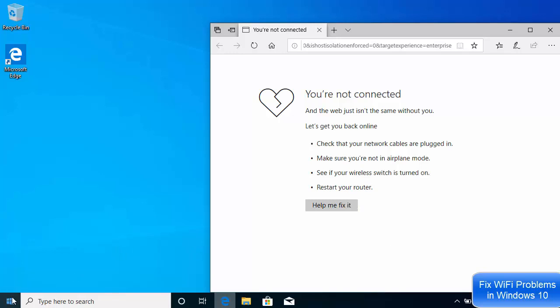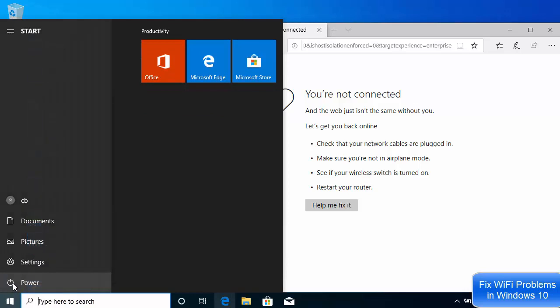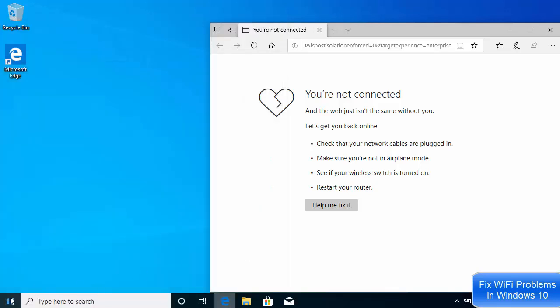For that, you just need to click on your start button here and then press your shift key. Just press the shift key and then click on the power button and then click on restart. Otherwise, you can do the same thing by going to your settings.